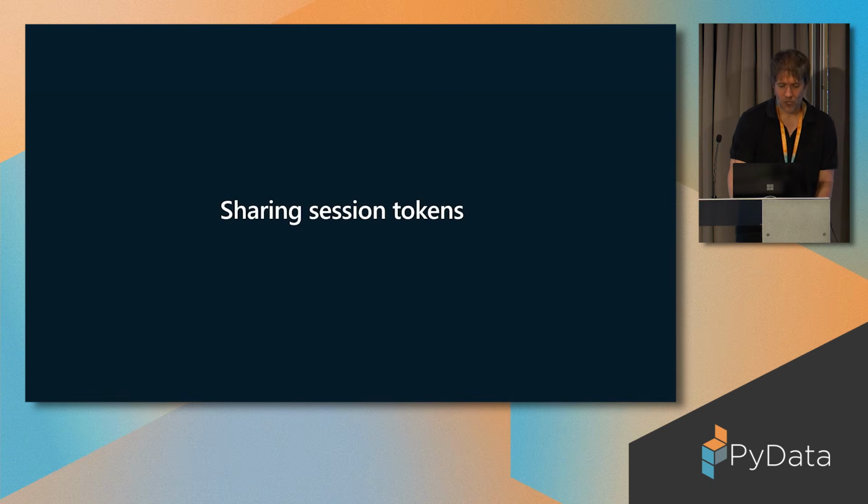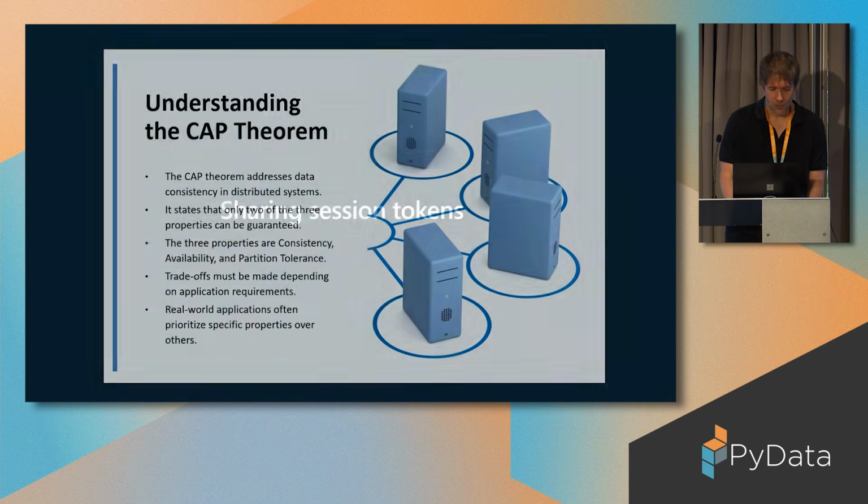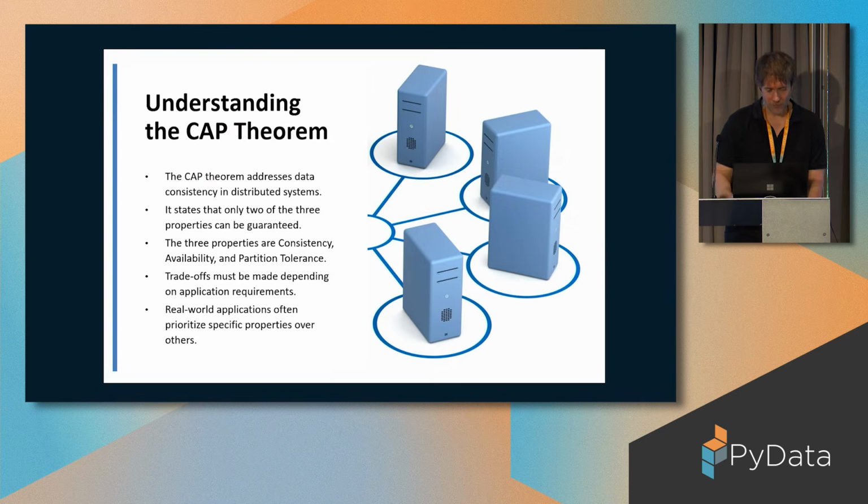So I mentioned sharing session tokens. This might seem nebulous, and it is. I wouldn't expect any of you necessarily to have to do this. This is actually something that we had to build for OpenAI, because they're a customer that really needs to thread the needle on consistency versus availability. But to do that and to talk about it, how am I doing for time? Not too bad. To talk about it, I have to talk about CAP theorem.